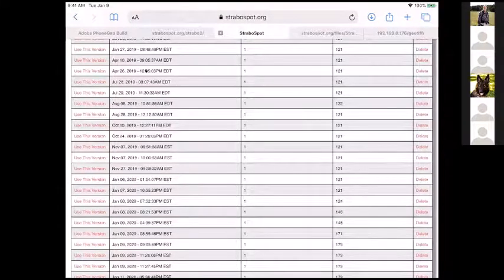So pretty much we're hoping that you can't lose anything with Strabo. As long as you upload it to the server, you should have a version. If you download it onto your iPad, you should have a safe version. The only thing that really can go wrong is you could lose your iPad in the field, and then you're kind of stuck.